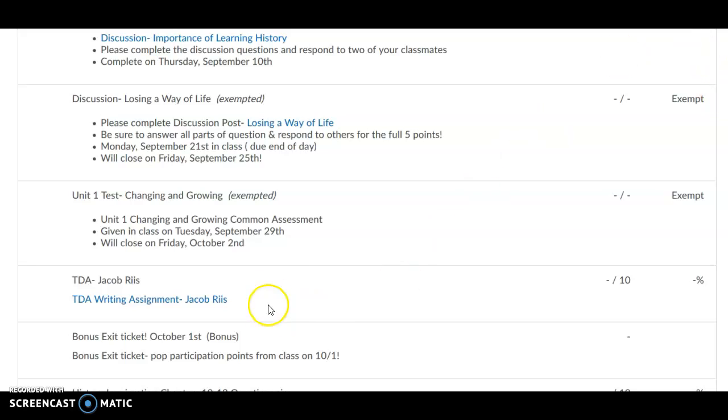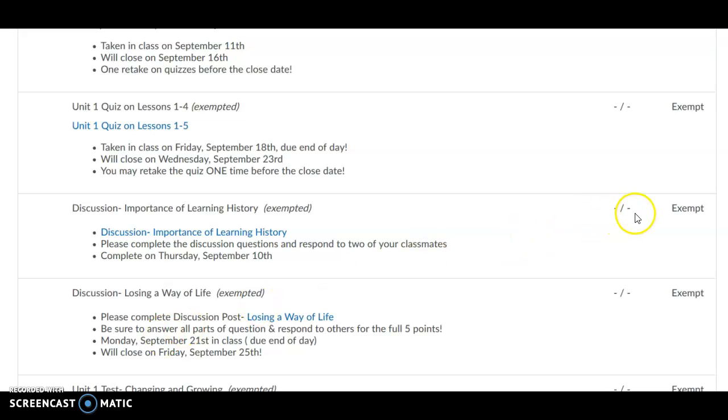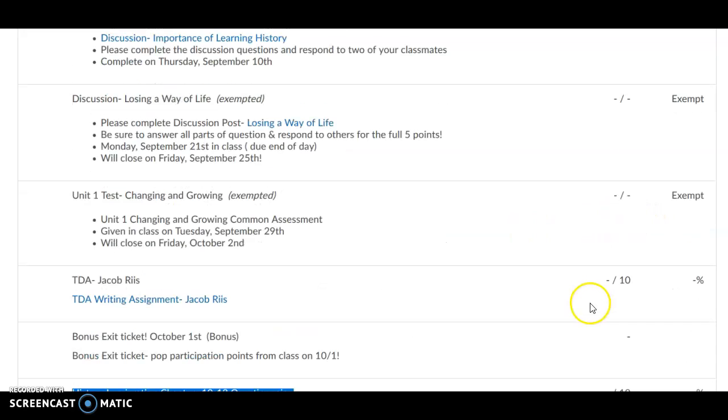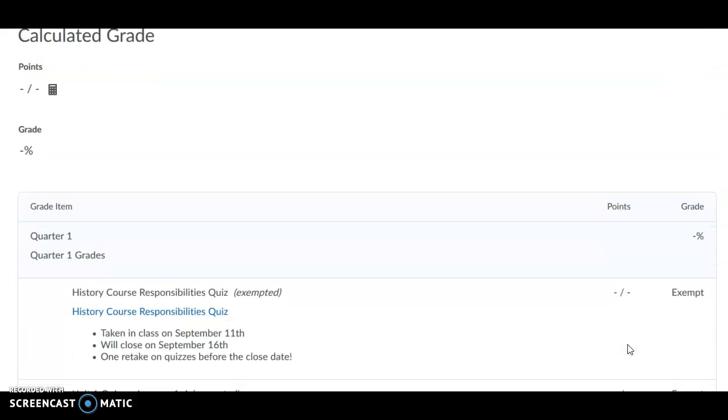I'm sorry, I'm trying to go up higher on my screen, but it doesn't seem to want to let me. The first thing you are going to be responsible for is the questionnaire and then the Nearpod assignment from Wednesday and Thursday. So this is where you can check your grades. If there is a line there, it means it's not graded yet. If there's a 0 there, that would be something that would be past due that you received a 0 for. So this is how we check our grades, and I usually try to link everything in here for you, so that way if it's still open, you can just automatically take the assignment.